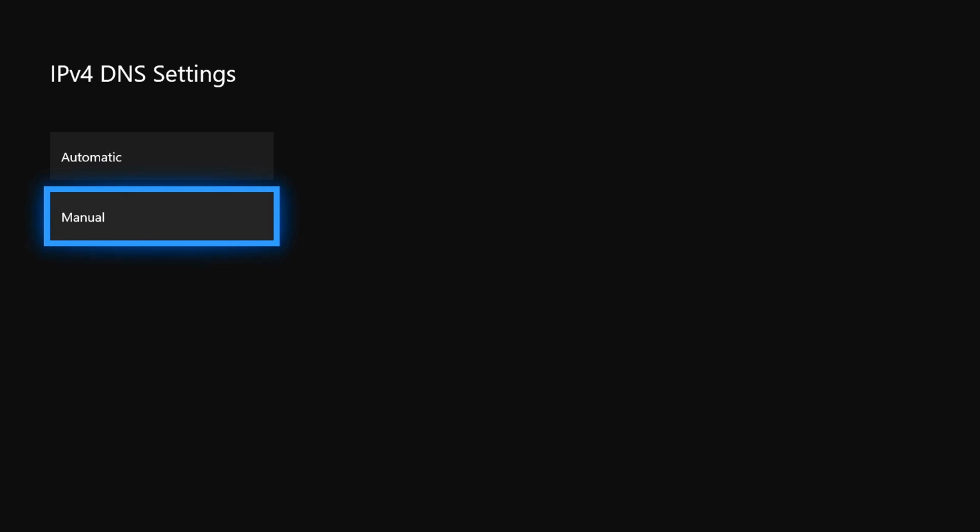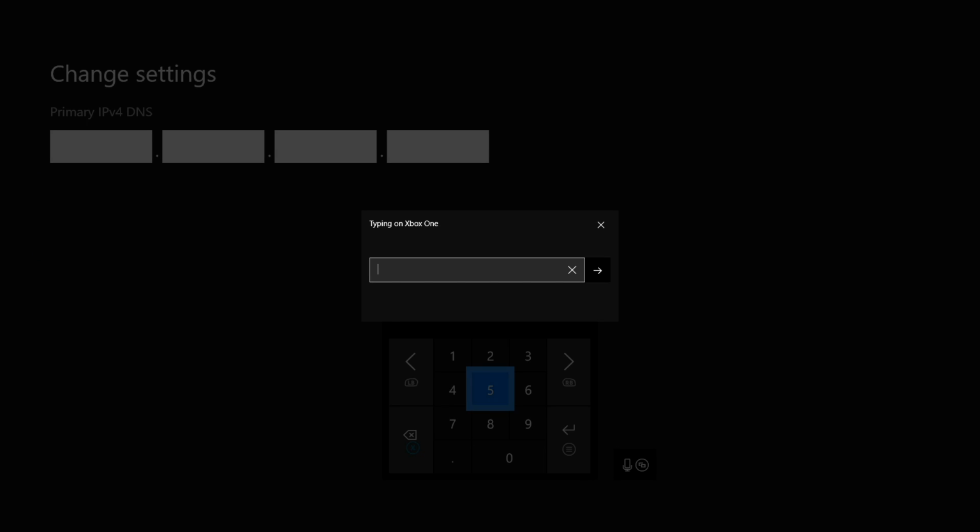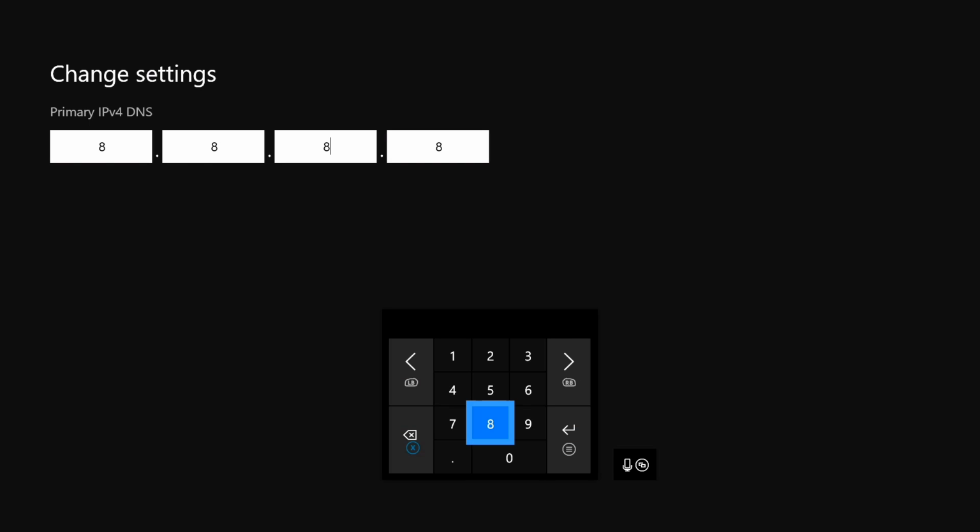Not a lot of you may know about this, but basically we can actually benefit from using people like Google servers, people that have a lot of money and have really great internet speed. We can benefit from using some of their great internet speeds and servers. So you want to change these primary. Put 8.8.8.8, all filled out with 8, for the first one, and then hit the enter button and move on